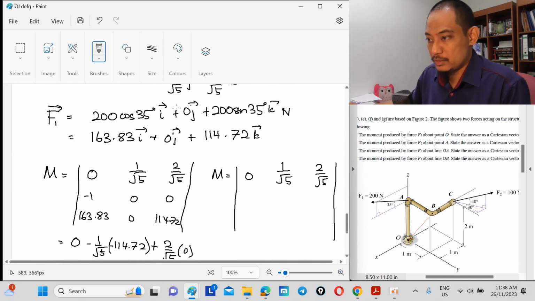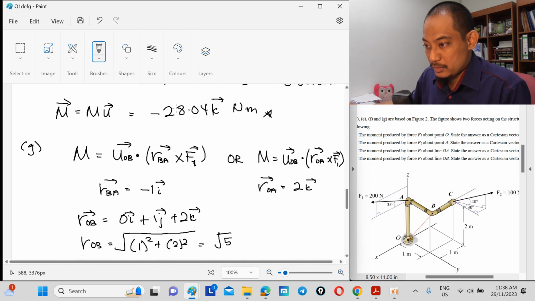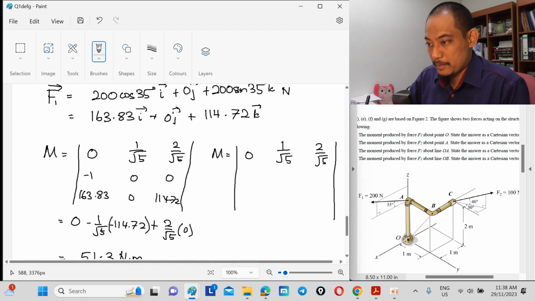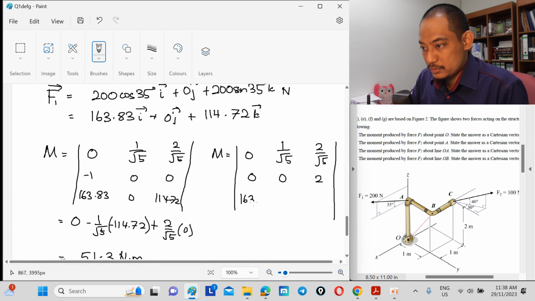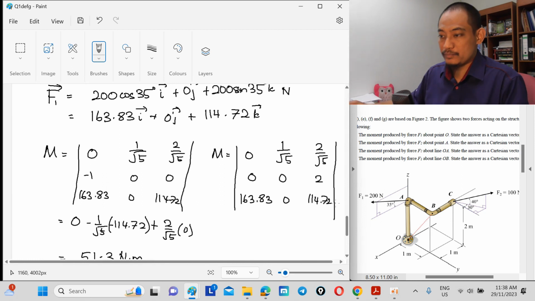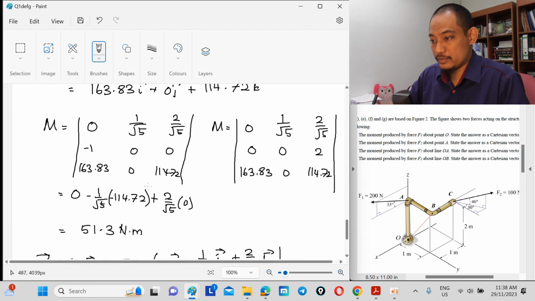And then R is 0, 0, 2. And then F1 is 163.83, 0, 114.72, right? So if I calculate from here,